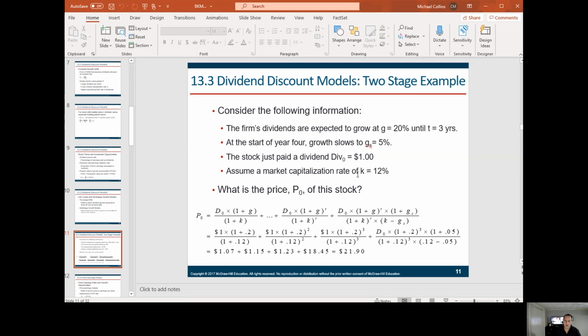So what it's saying here is that you take these cash flows growing at 20% for 3 years, and you're discounting them at 12% each year. Then in the final year, what's called the terminal year, because this last formula at the bottom right represents what growth looks like in perpetuity. So you're calculating the next 3 years, as you're seeing in the second line from the bottom, and then you're calculating what the growth rate is going to be in perpetuity.